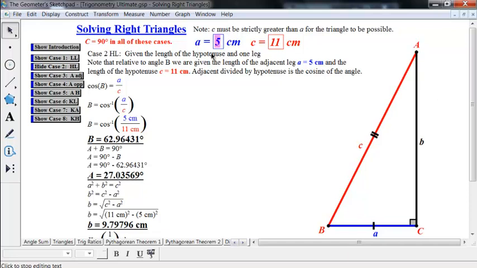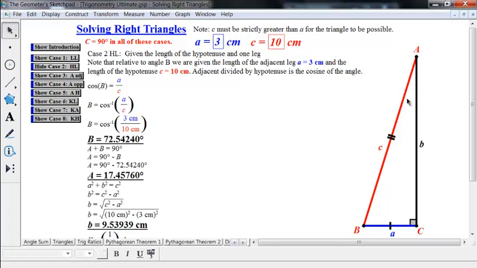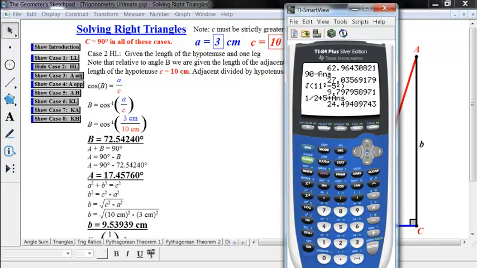Okay, so let's see. A is 3 and C is 10. I think this is the one we want to try. So if you draw it to scale, it looks like this. Again, B is the inverse cosine of A over C. So in our calculator, that's the inverse cosine of 3/10, and that angle is about 72.5 degrees. That's B. 90 degrees minus our answer will be A,